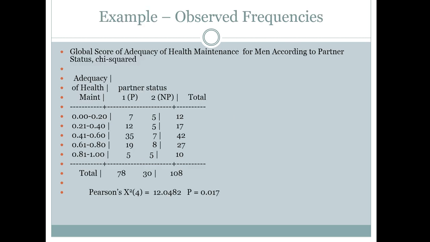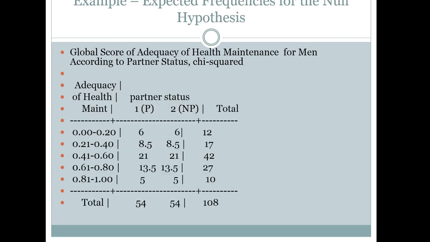As you can see, I'm going to flip back here. So you can see there the totals 12, 17, 42, 27, and 10. So when you look at the expected frequencies for the null hypothesis, you simply have to copy the total